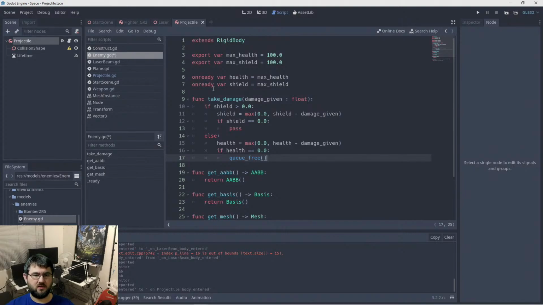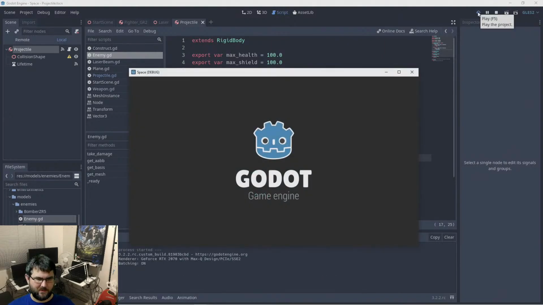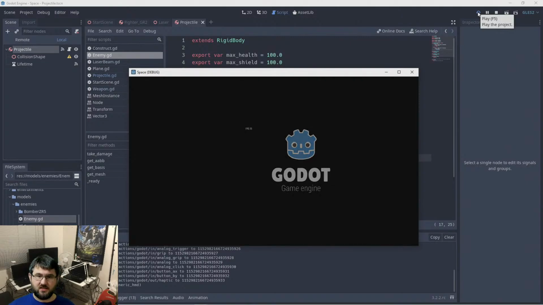But in the long run, we're going to be doing more with that. We're probably still going to queue_free this thing, but we're going to put a new object in place, which is just going to be a ship animating, breaking up, and an explosion, something like that. So that is what we need to do there. Okie dokie. Let's go and see